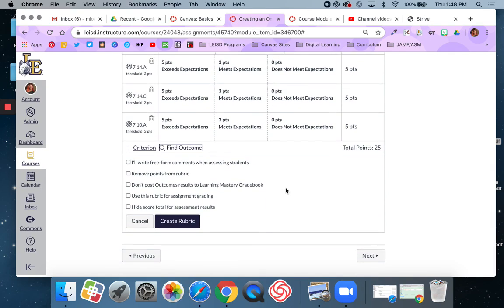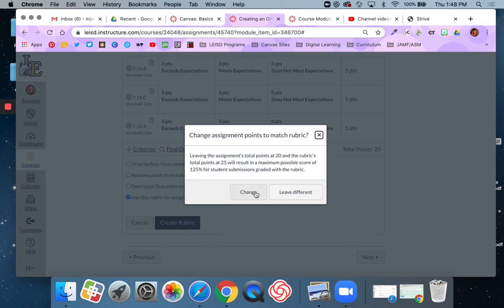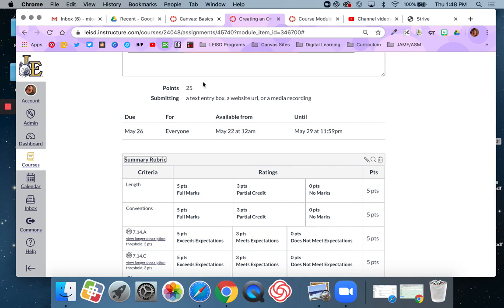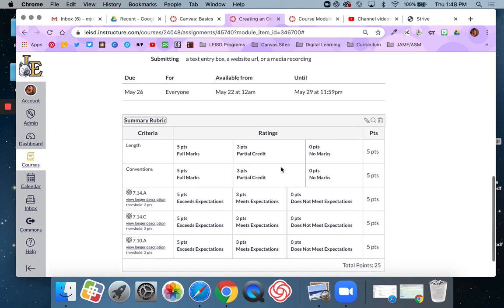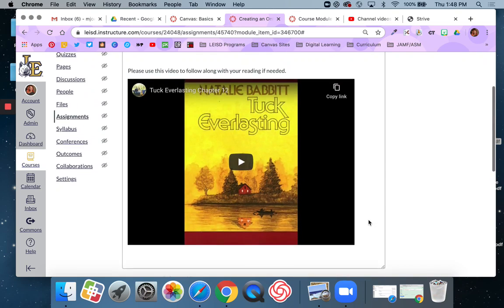So then I have some options down here where I can say that I would like to use this rubric for grading, and then I'm going to say create rubric. I'm going to say change because I want my point value to match my rubric. So 25 points for my assignment, 25 points on my rubric. Now I'm going to go into SpeedGrader,